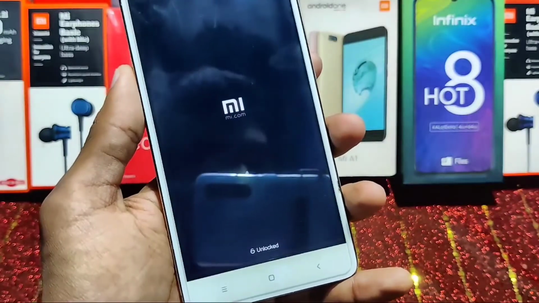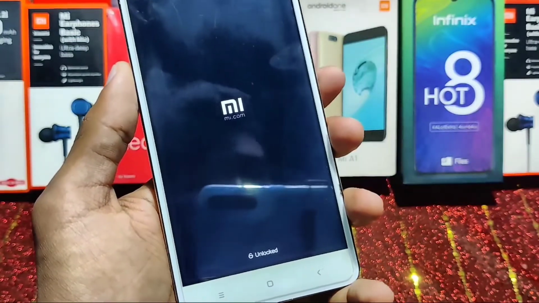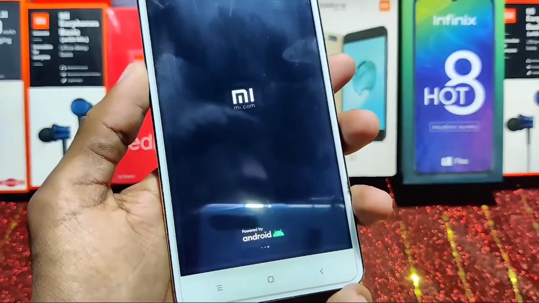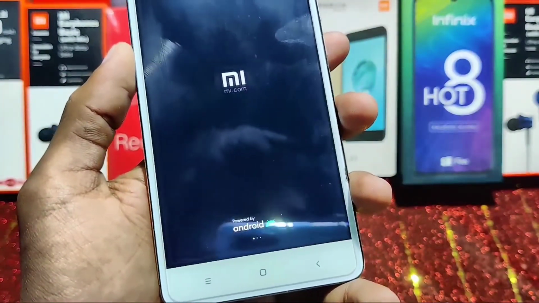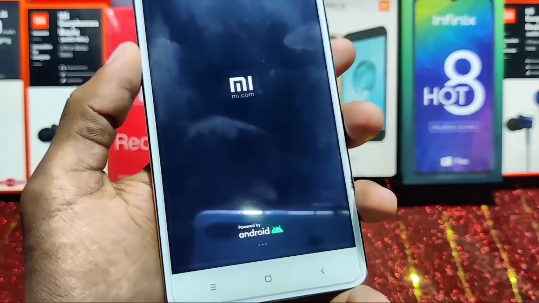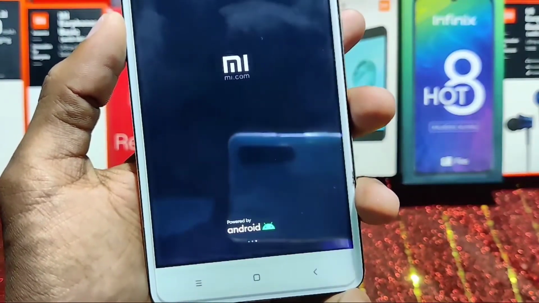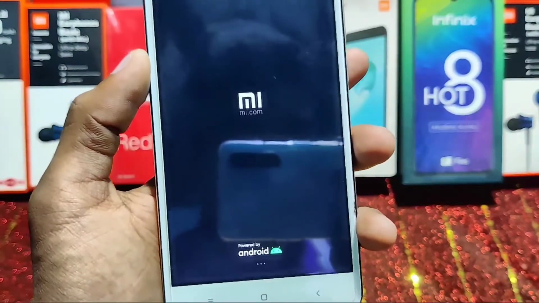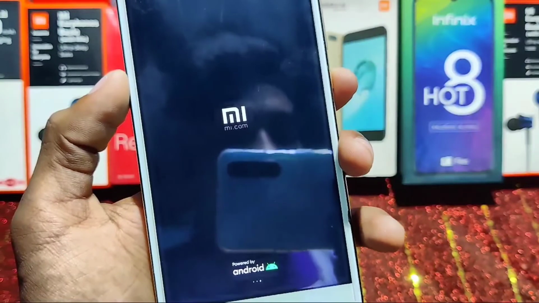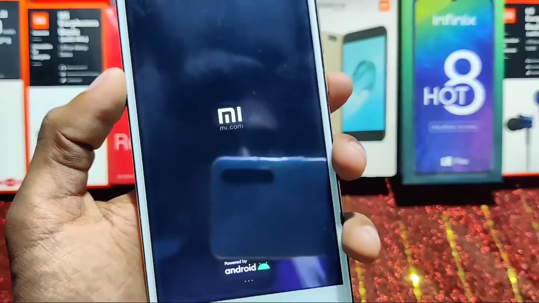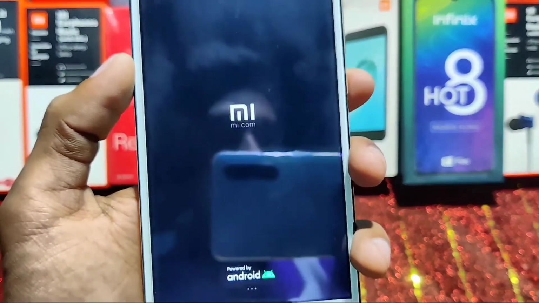And as you can see, my device is still on the unlocked screen. So let us wait 10 to 20 seconds till the device boots automatically. You need not worry, guys. As you can see, this is booting forward to the Android system. Previously it didn't boot, so we waited a lot, but now as you can see it is booting. We have to wait 5 to 10 minutes so that the device will boot automatically, and there is no problem regarding this file. This file will work on MediaTek and Qualcomm devices. So let us wait until the device boots, guys.